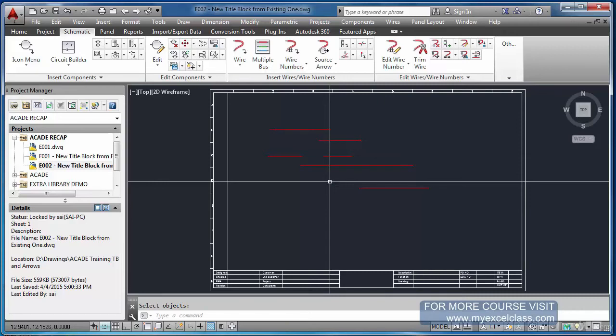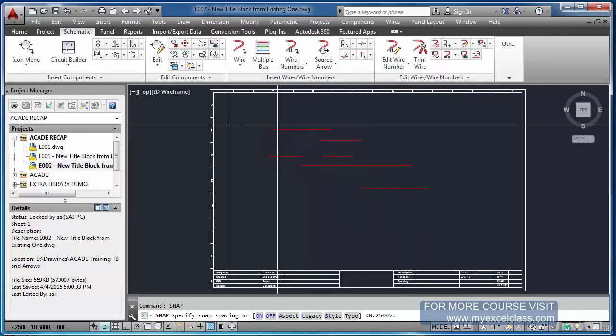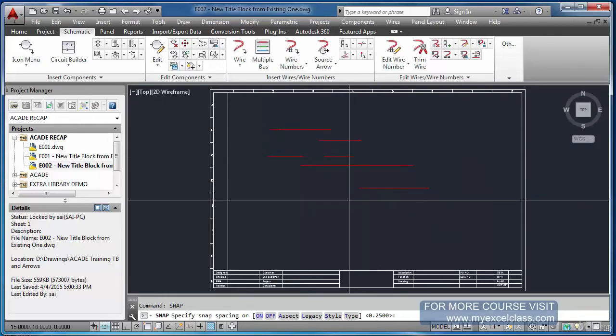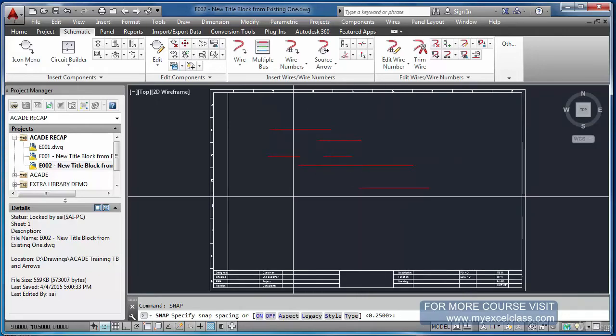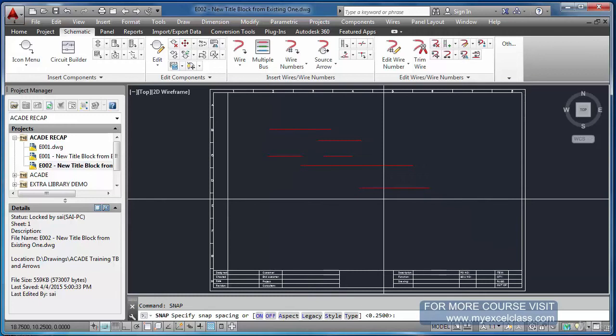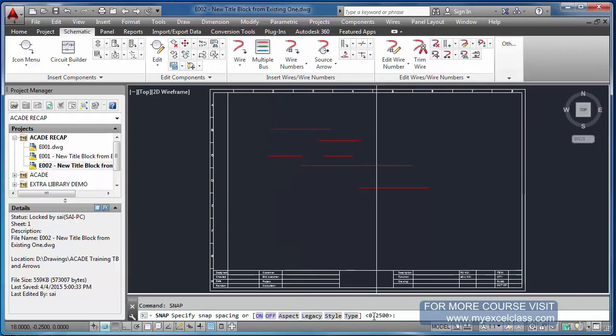In order to check that, you have to type snap. Now you see the snap distance is 0.25. That is good enough for my title block size. Sometimes it may be 5, 10. Then your cursor may move quite a long distance. So you can keep the settings this way by typing snap.